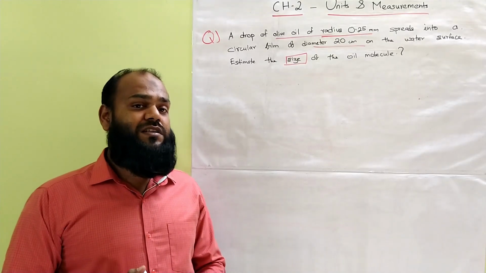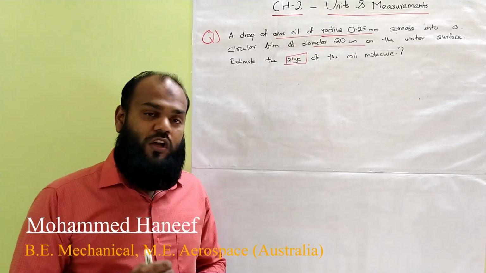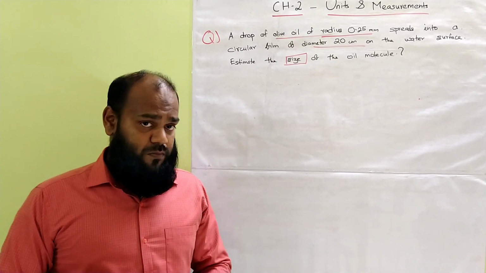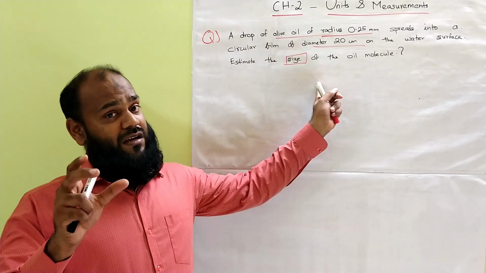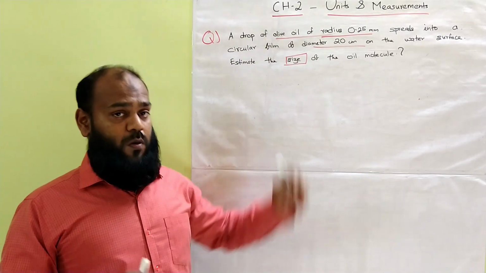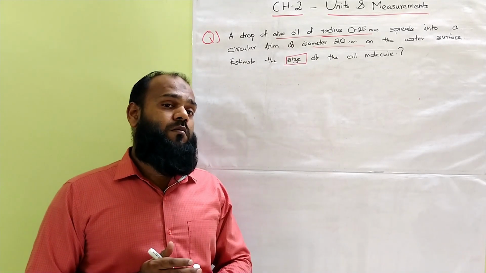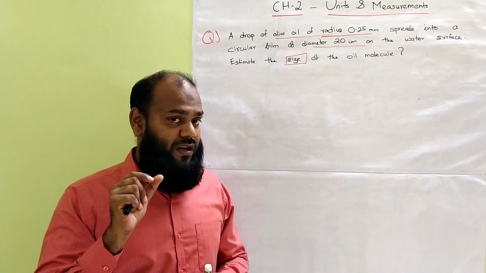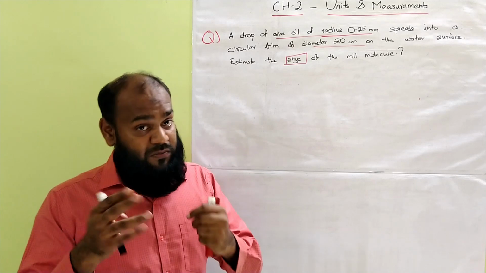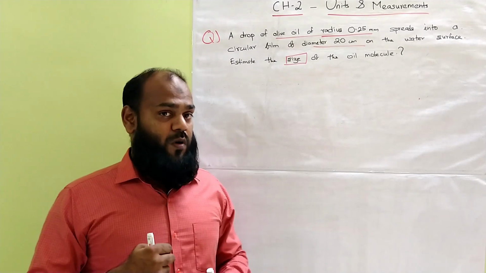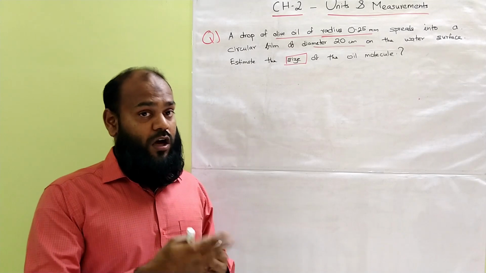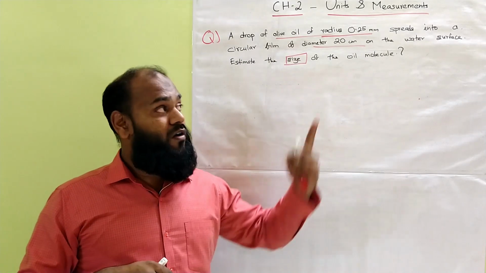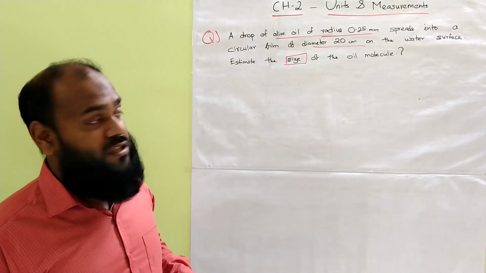Let's get into this examination type of question, which is based on the molecular size of oleic acid experiment, which we have seen in our previous video. So let us use that same analogy to solve this problem. Before solving any problem, as I said before, you need to underline the important data available in the problem, draw the required diagram if any, and finally solve the problem. If you want to know more about how to solve the question and how to extract the data from the question, you can refer to one of my videos. Now let's start solving this problem.